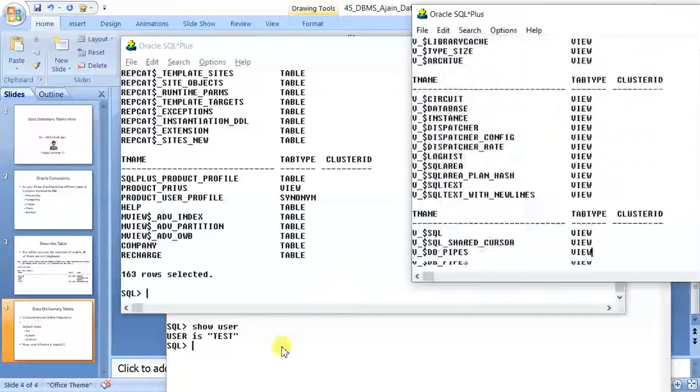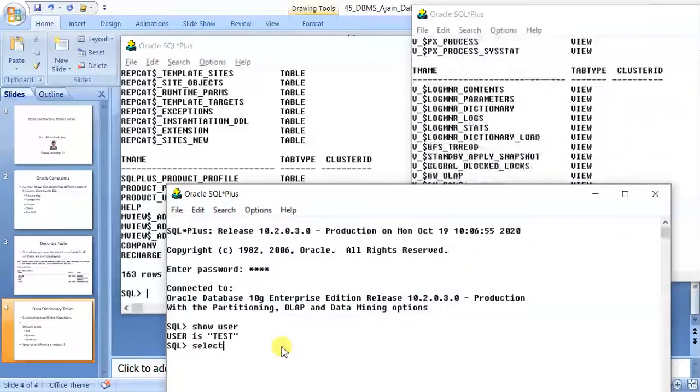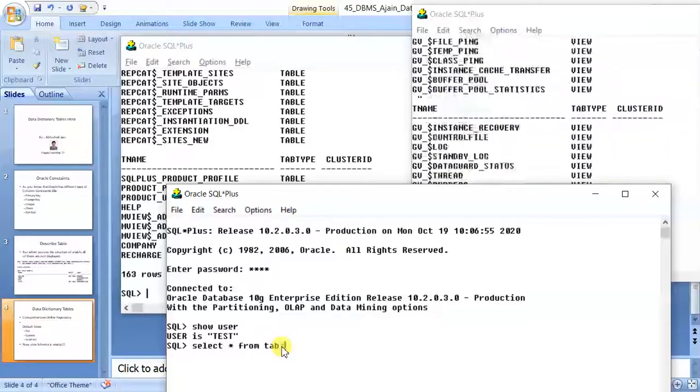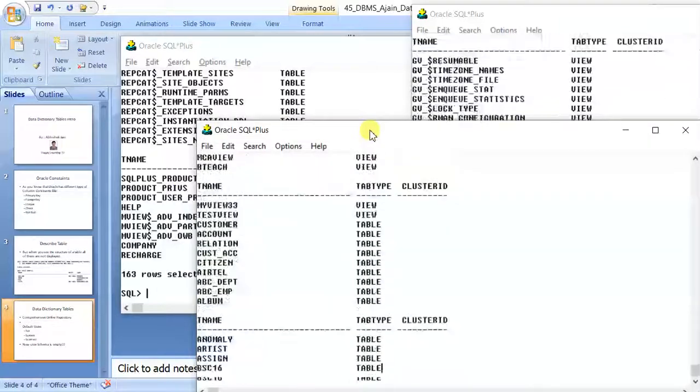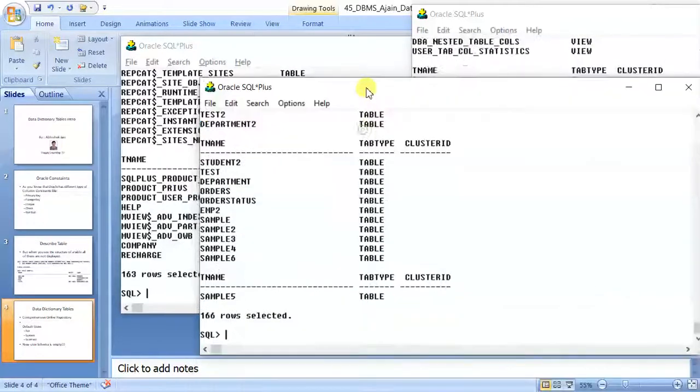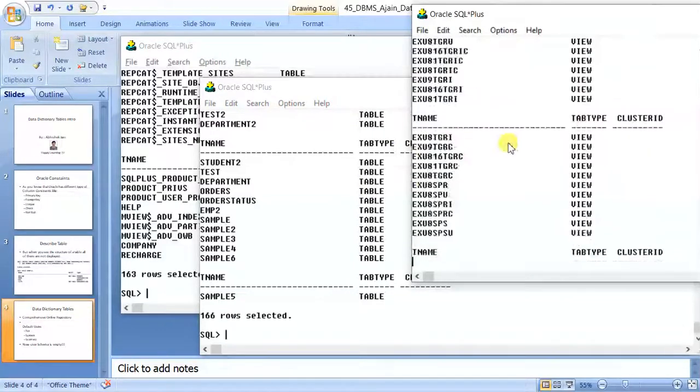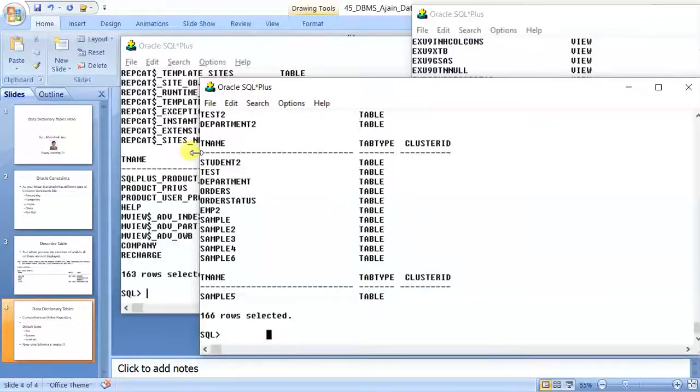In the meanwhile, let us see this. Select star from tab. Now it shows some other number of tables, 166 tables. So as you can see, this has more tables, this has other tables, and the user that we connect with here will have a different number of tables.